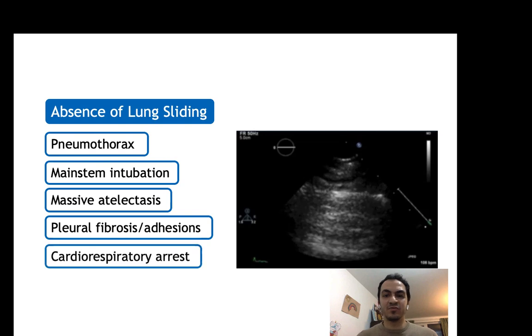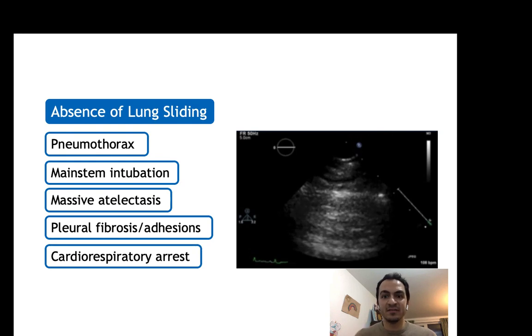So to summarize the causes of loss of sliding, you will have pneumothorax as the most famous and important cause, but you will also have loss of ventilation of the lung. For example, if you have a right-sided mainstem intubation, you will have no ventilation of the left side. If you have massive atelectasis, extensive pleural fibrosis and adhesions, patients with cardiorespiratory arrest, and also patients with no ventilation. For example, a patient coming with COVID-19 ARDS, put on veno-venous ECMO, so we are not ventilating these patients to give the lung opportunity to rest, then you would not expect to see sliding in the lungs